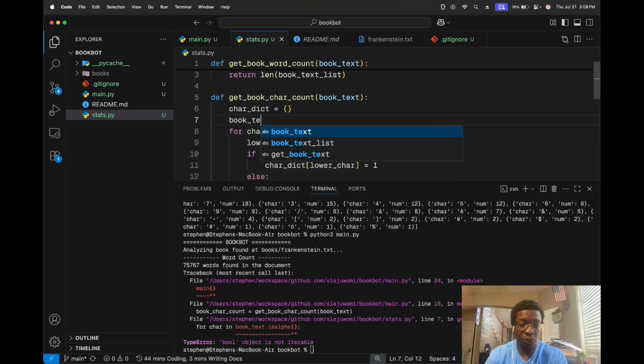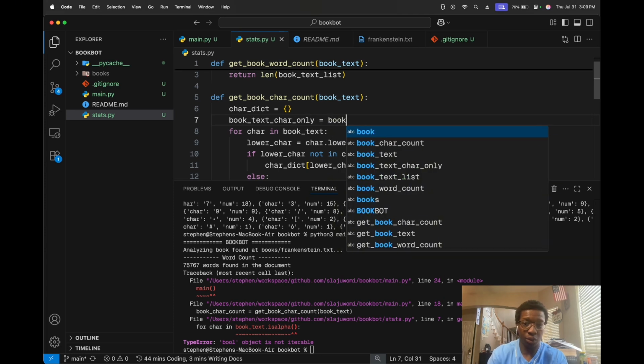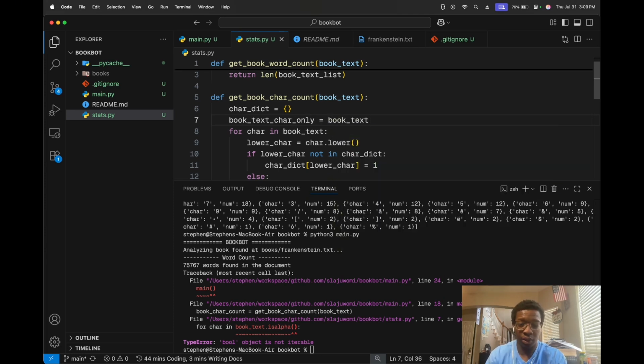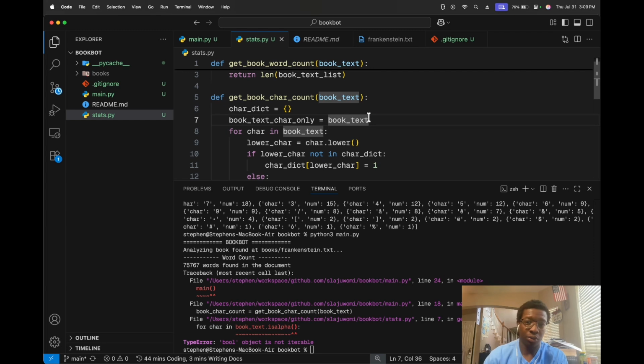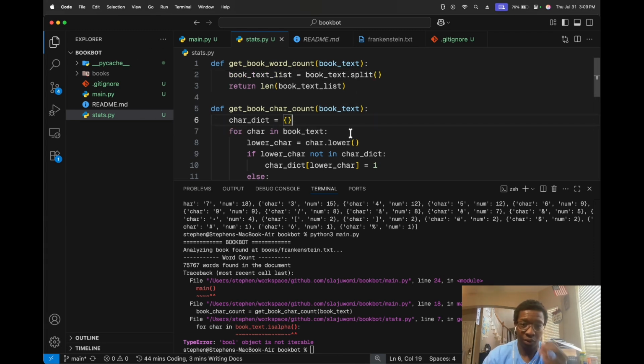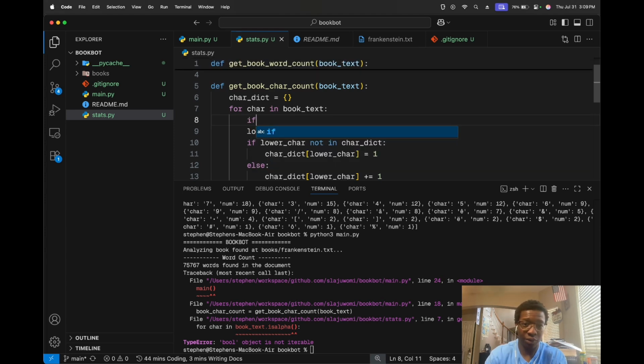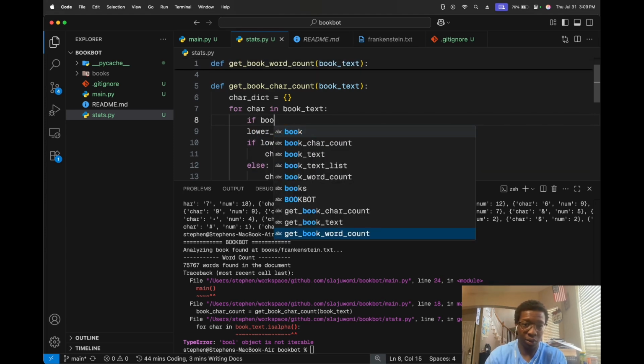Book_text_characters only. Sequel to book. Wait, it's a boolean. Oh. Okay, if book